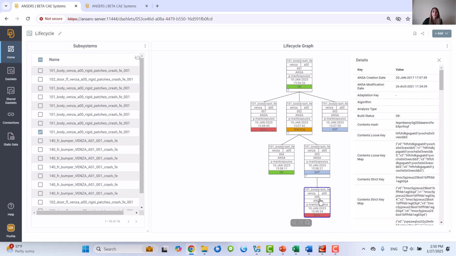And that means it provides a hierarchical view of an object's history and relationships, and you can identify statuses like error or warning or work in progress and so on.